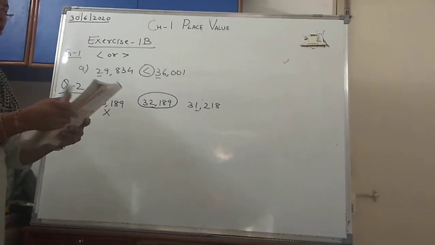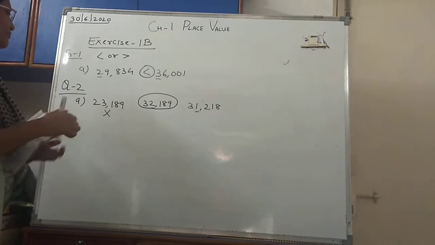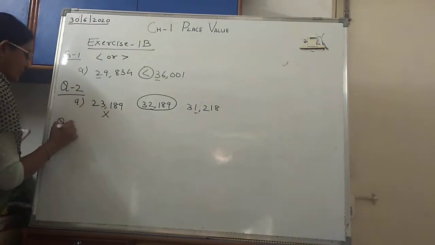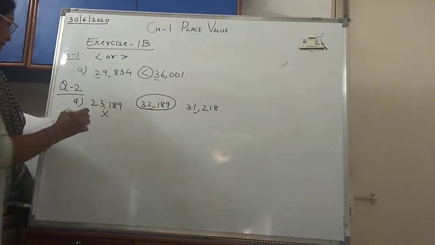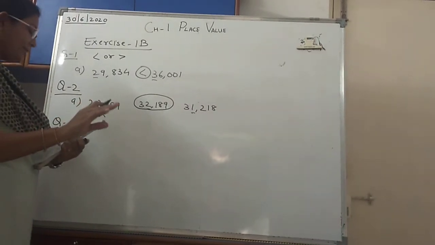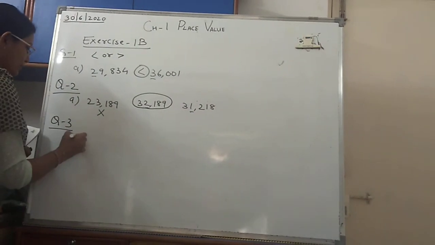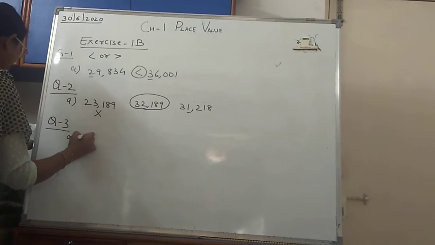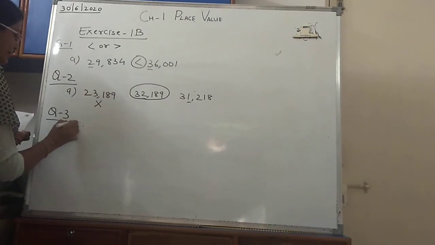This way you have to follow all the other sums. Same way in question number 3 they have given that ring the smallest number in each of the following. Here once again I will show you. Let me show you number D. This time